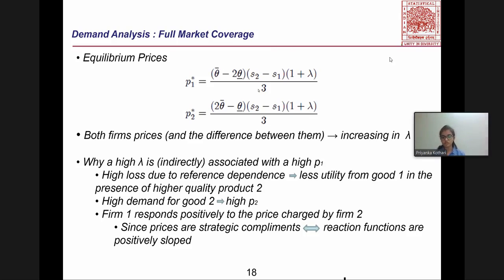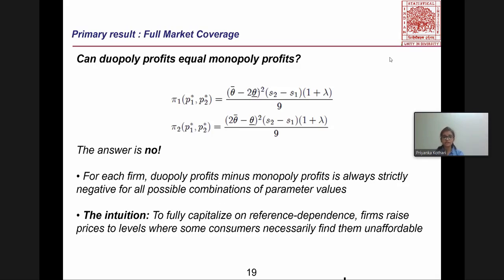So this secures the high demand for good 2, that is, the high quality product, which helps firm 2 to charge a higher price, and firm 1 responds positively to the price charged by firm 2 because prices are strategic complements. As we have seen, the reaction functions were positively sloped. So in the next question that we ask, can duopoly profit equal monopoly profits? The answer is no, because